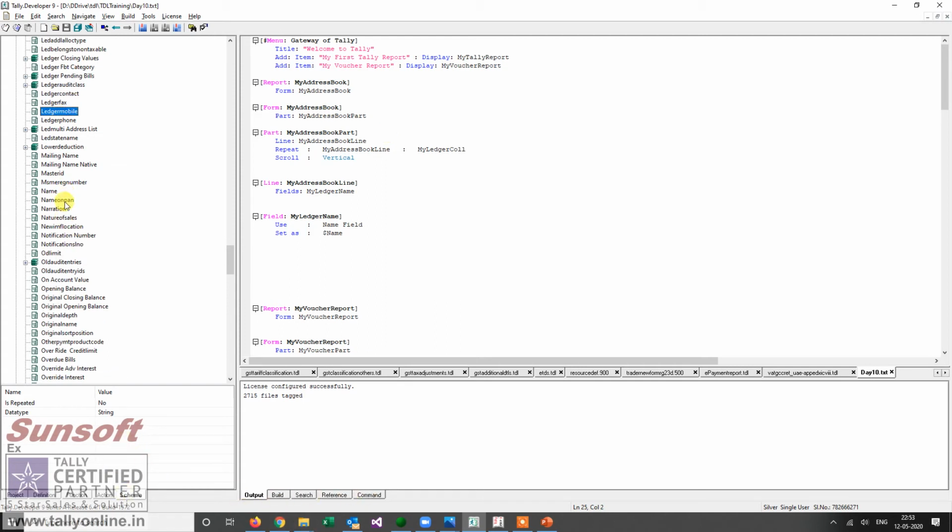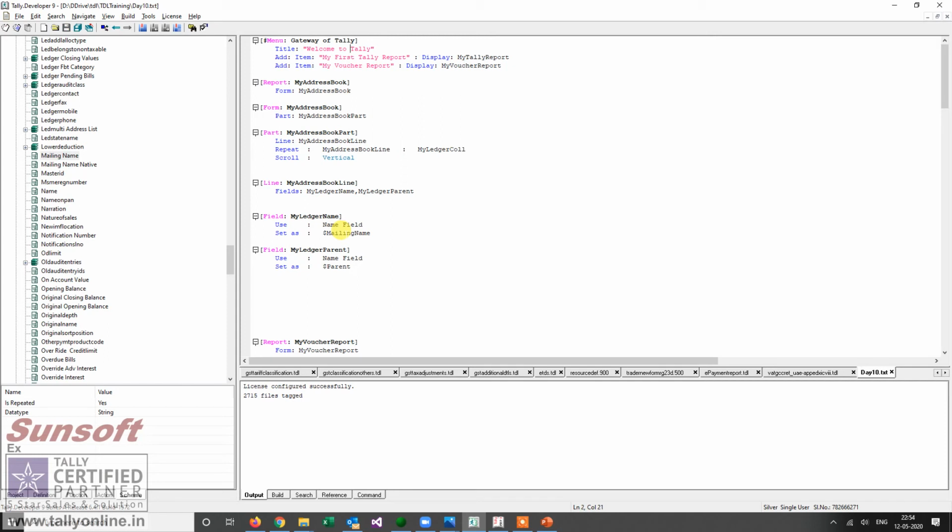Actually I know that it is a mailing name. So I use mailing name. Instead of ledger name, I'll be printing the mailing name since it is an address book. Now let me have one more field, parent. That means the group. So that will be parent.